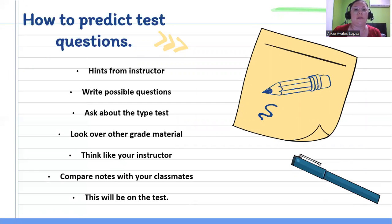Pay attention if some material is repeated or what's emphasized on the board, or anything read aloud. What questions do the instructors ask in class? Could you answer the teacher's questions in class? Organize in your notes possible